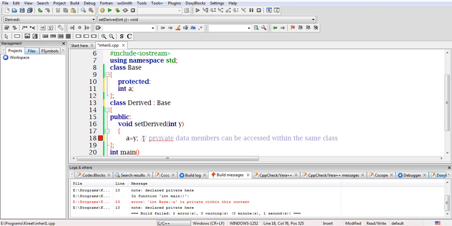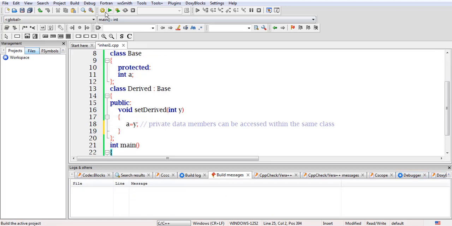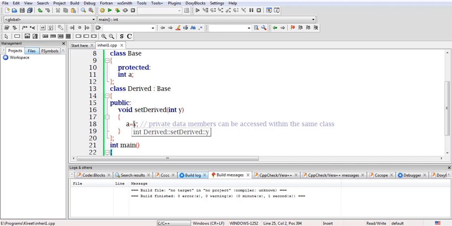Let's try to compile this, and you can see the compilation has finished with no errors, because a has become a private member of the derived class, and we are accessing the private members within the same class, not outside the class.